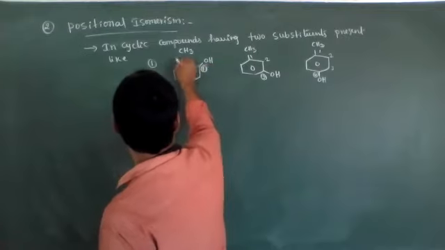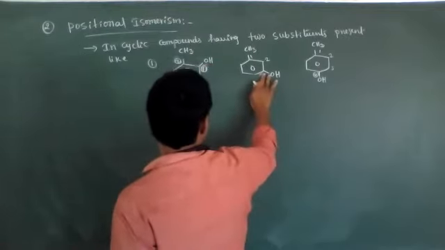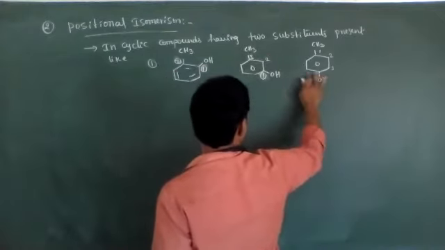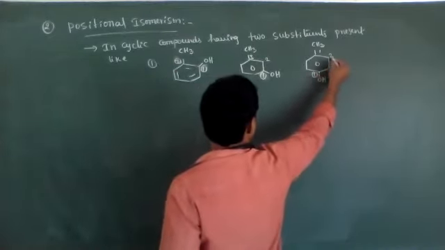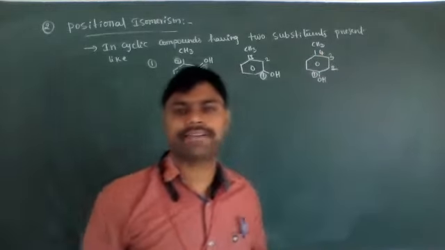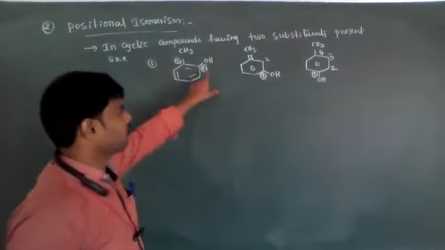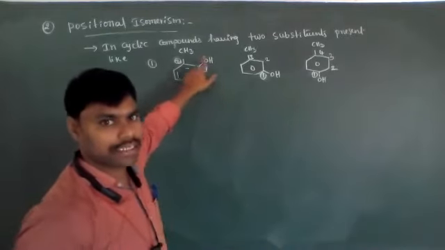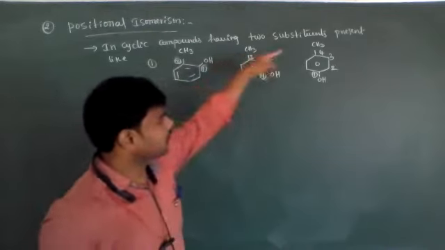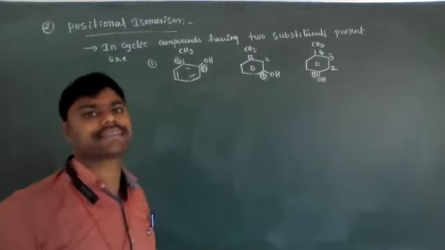This is 1, this is 2. Let you take it as 1, 2, 3 and 4. Because the OH group gets more priority when compared to CH3, OH is always the first position. With respect to OH, the CH3 positions are changing: 2, 3, 4. Those are called cresols.